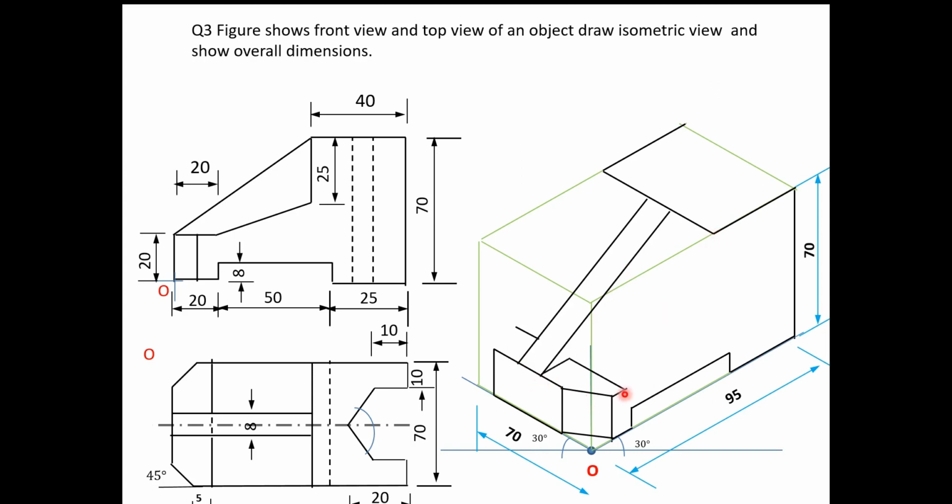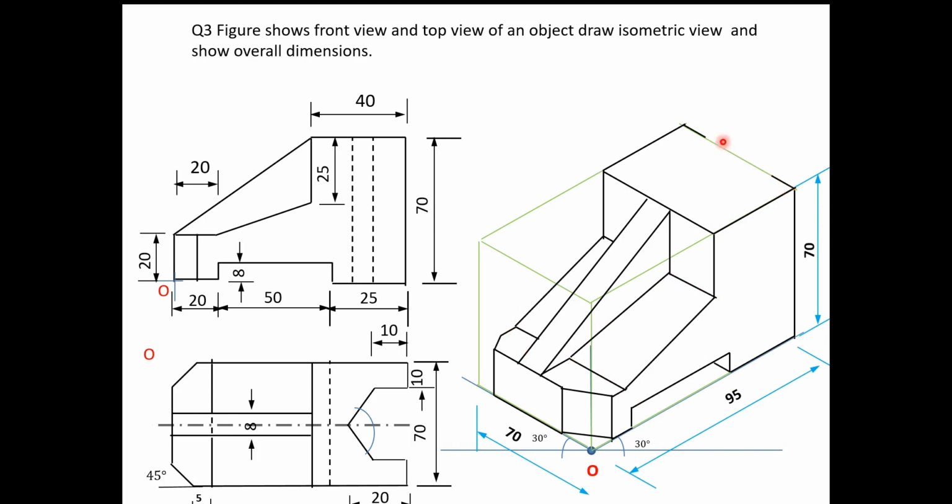Now next, draw these lines. If we can see here, from this edge we will draw this line, again this, because it is flat, so from this also it is flat, so it is parallel to this. Next, this is 25, join this. Next, from this corner, okay, we have completed this, from this corner join this, and complete this joining lines.